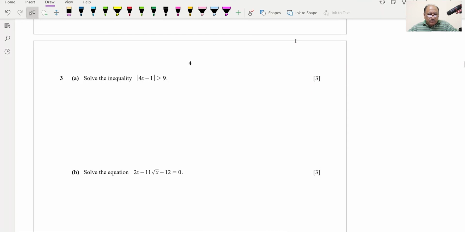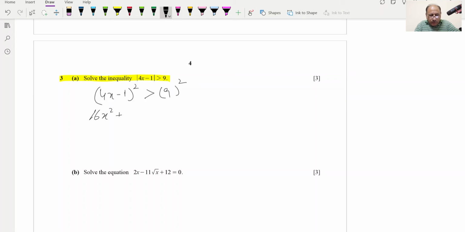Now question number 3. Question 3 says solve the inequality this. So what we can do, we can take square on both sides. So 4x minus 1 squared will be greater than 9 squared, and this will be the positive value. So now we can open this one square, so it will be a square, which is 16x squared, plus 1 squared will be 1, and minus 2ab, so 2 into 4 will be 8, 8 into 1 will be 8,